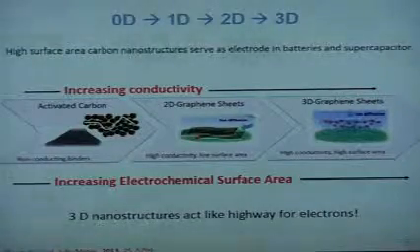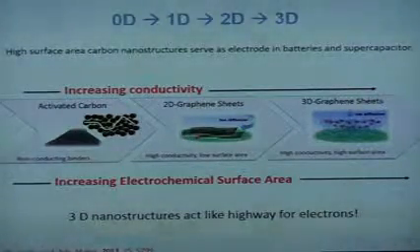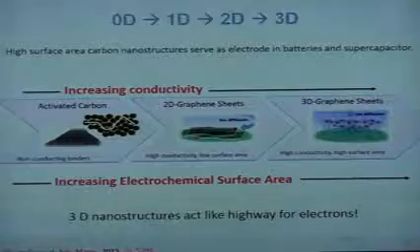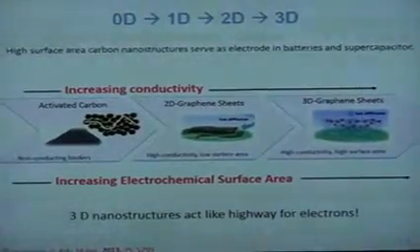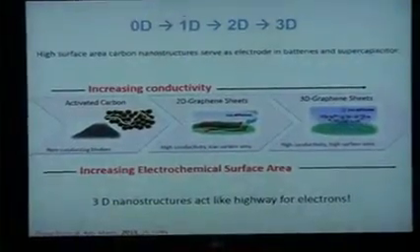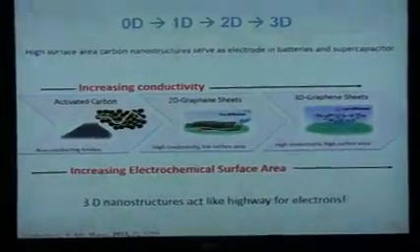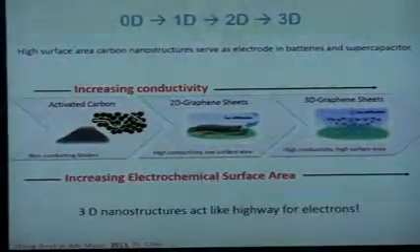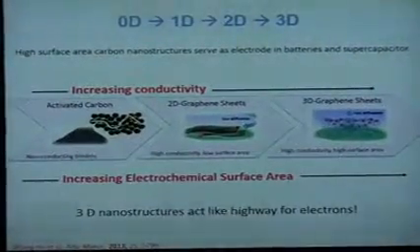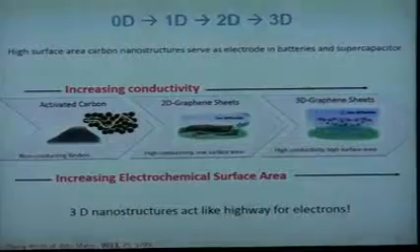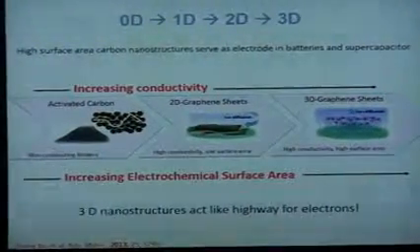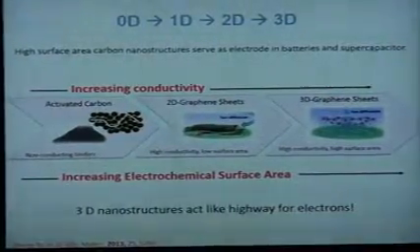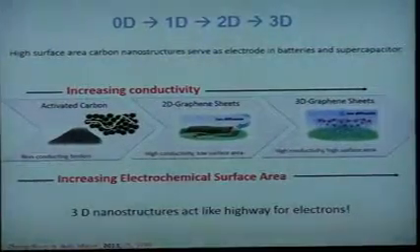So when we go from 0D material to 1D material to 2D to 3D, what are the changes we are looking at? When we have 0D or 1D material, for example carbon dust or activated carbon, how do we put that material together? We use some fillers, we use some binders, and then try to integrate it into an electrode. So what we are essentially doing is adding some resistive paths to bring the material together, right? However, when we have 2D graphene or a 3D graphene, we have integrated individual layers which reduces the resistance